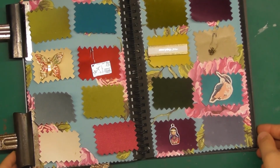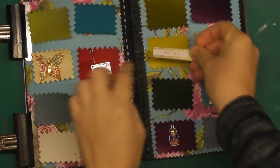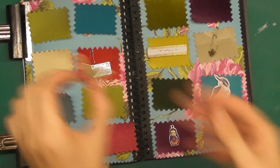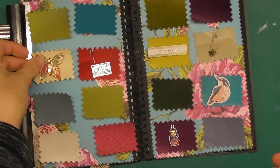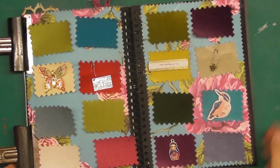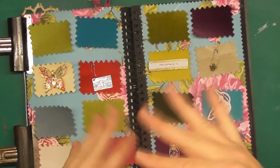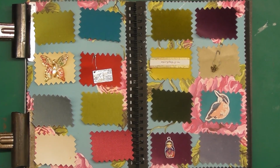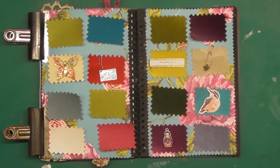I'm just layering things as I go, so there's a little love letter to my husband, a bird, I love birds, here's a little resin, it's quite thick. So none of these are attached and none of the little blocks are attached. What I don't know is whether I must somehow make a grid in the background to tie them all together, so that they're not so loose. So I'm going to add some more stuff, and then I can see when I start